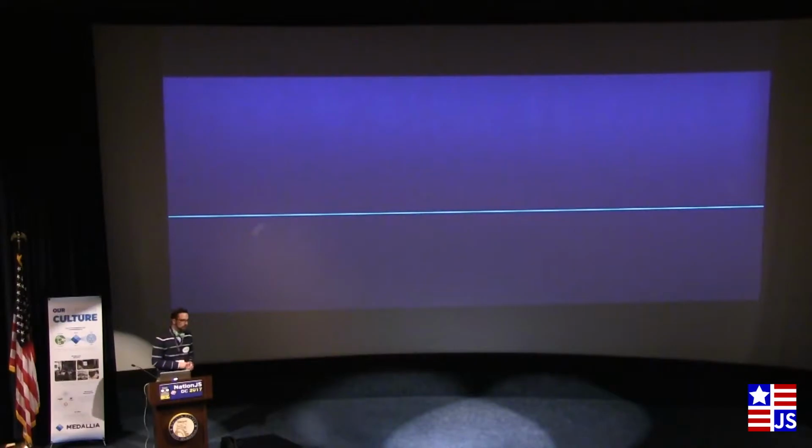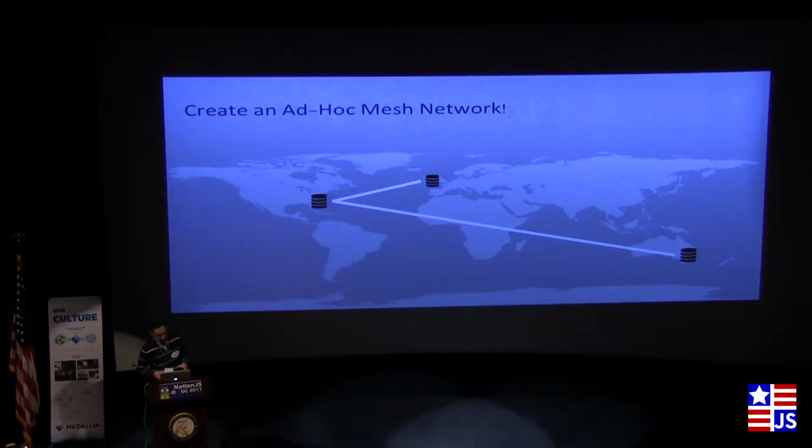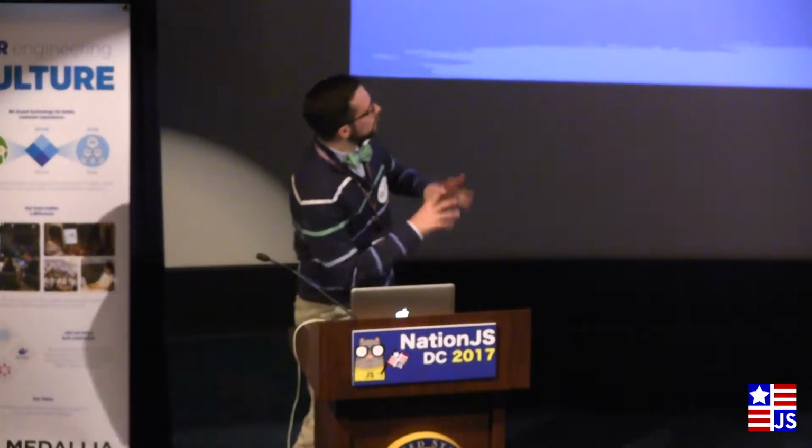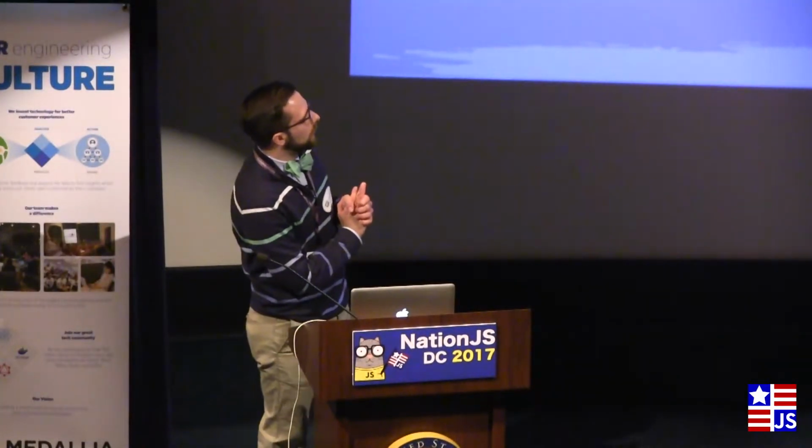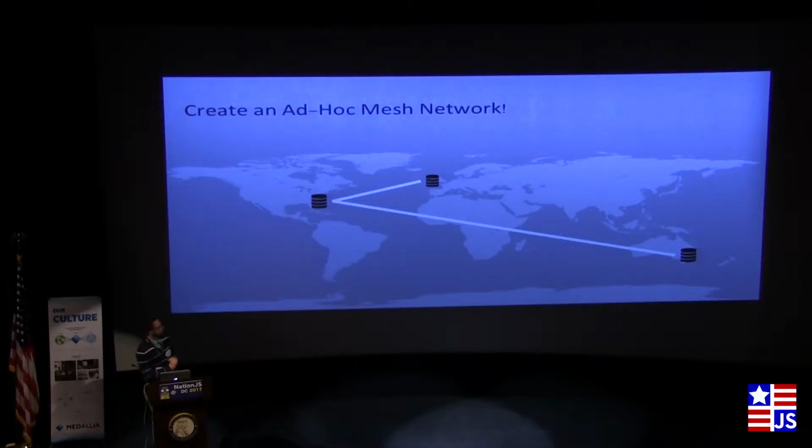What I do want to say is, with a little bit of Node on a back end, you can create some really powerful distributed systems using just plain JavaScript. So Gun actually is a really powerful tool to do stuff like that, even if you're primarily a front-end JavaScript dev. What we're going to do is create an ad hoc mesh network, which looks something like this. We're going to create Gun servers in DC, London, and Sydney,